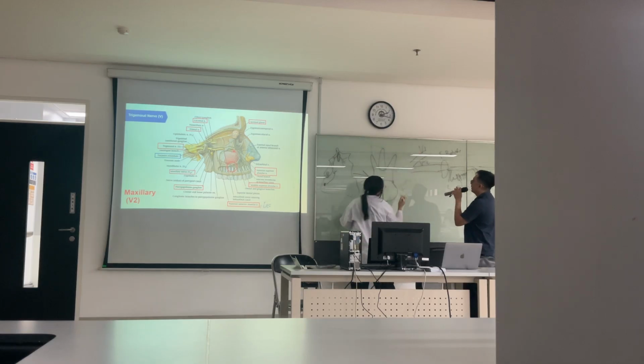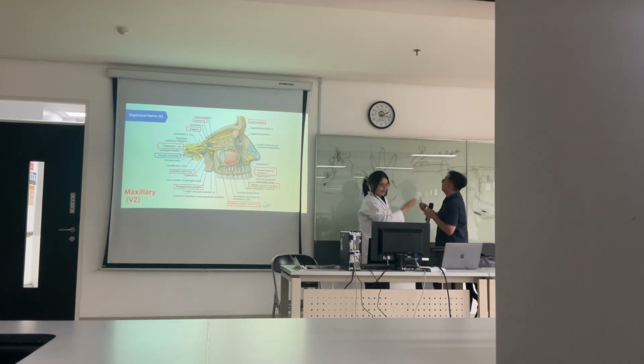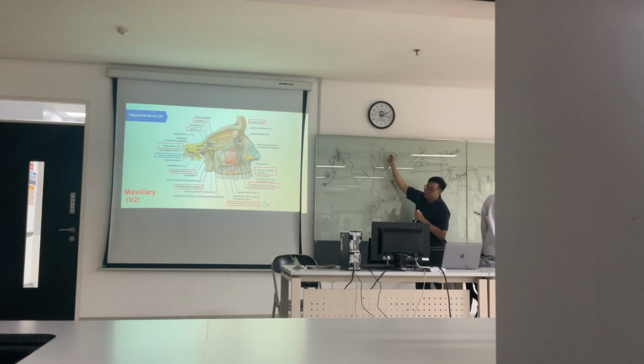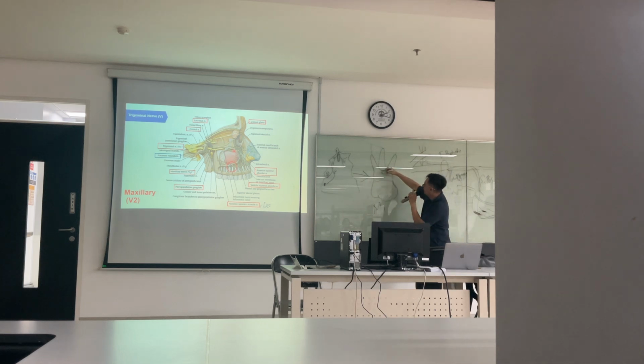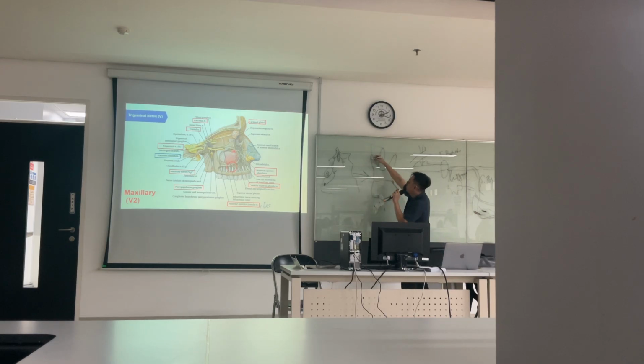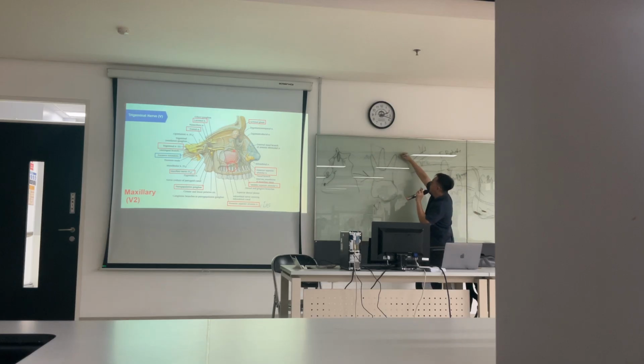Good? Okay. So it's like this. We say the front part is the buccal part, the part toward the gum. So this one is far from the midline. We say distal. So this one is the distal buccal root, and this one is the mesial buccal root. And the back one is the palatal root. Palatal.